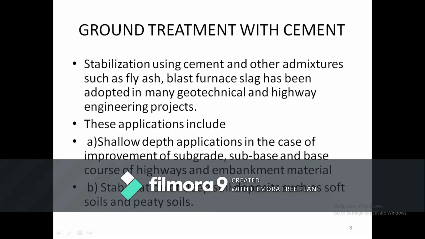So we have in general considered the different types of admixtures, how we are using them in concrete. Now when you consider the case of soil, the soil is mainly treated with cement, lime, sometimes with admixtures. Sometimes we are using grouting techniques. So here, to give a broad classification, you are just adding these elements. You make use of different types of cements or different types of slags, sometimes fly ash, and then you are trying to increase the strength of the soil.